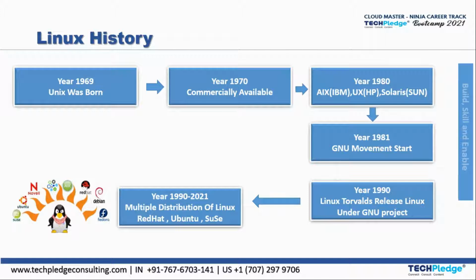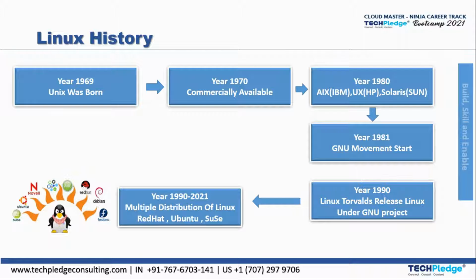So moving on to the next, in year 1980, AIX of IBM, HP-UX of HP, and Solaris of Sun. These were the operating systems. These were highly integrated Unix operating systems, built on machine-critical HPE integrity servers like HP-UX. That is a highly integrated Unix operating system. And talking about AIX, it is a series of proprietary Unix operating systems which was built and sold by IBM. The same way, Solaris was from Sun. So that is regarding 1980. In this, different Unix operating systems were being introduced by different companies.